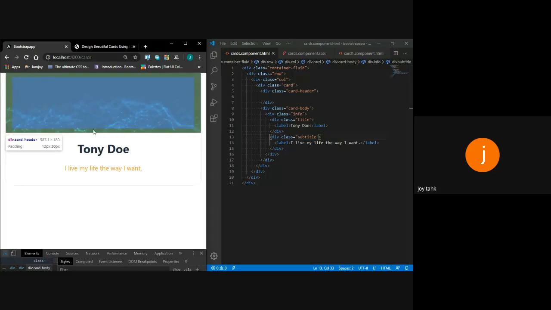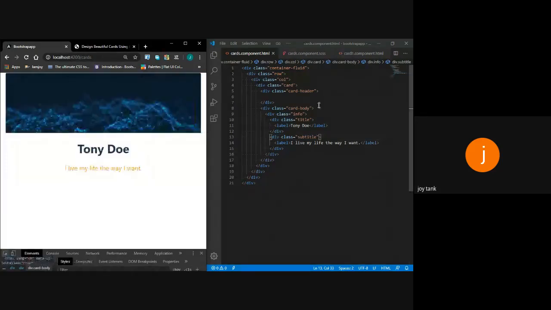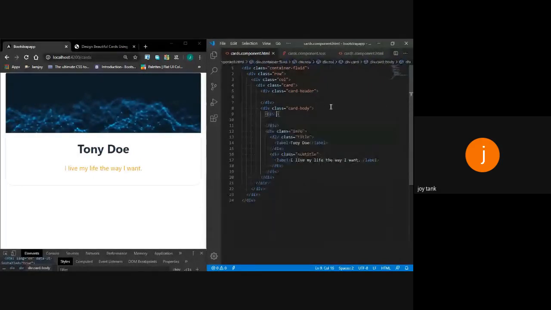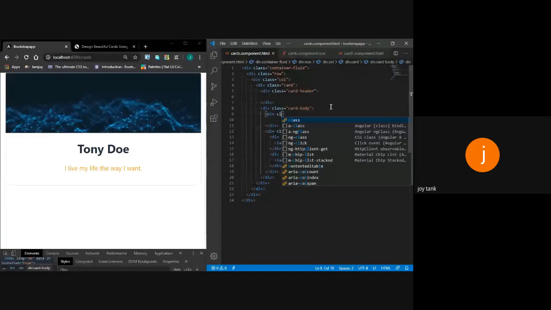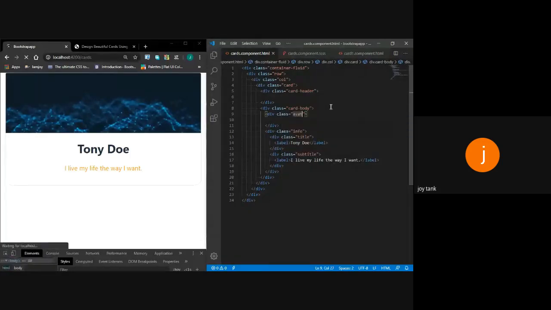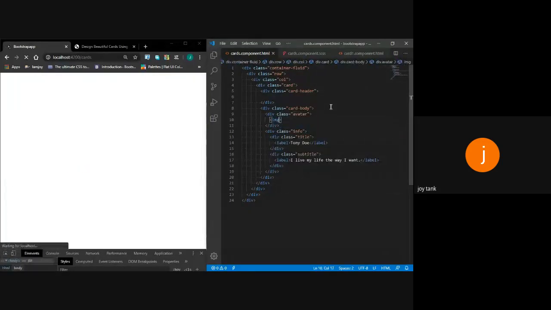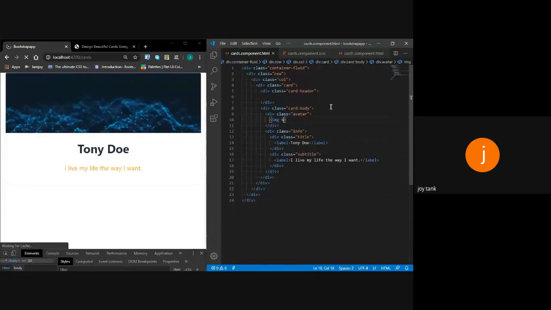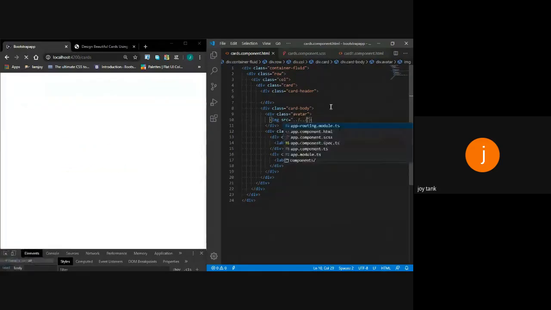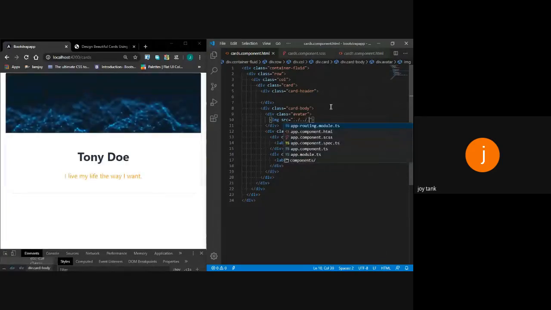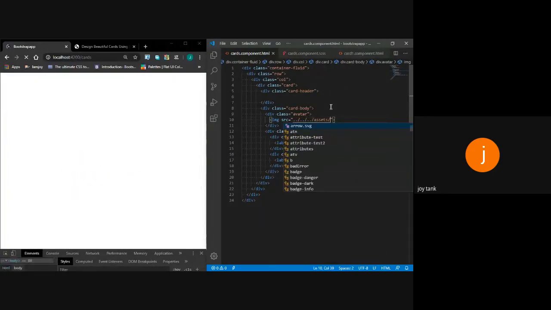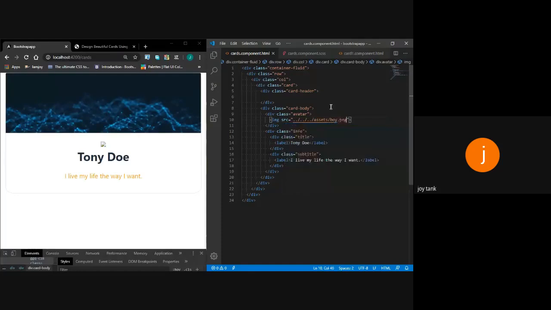So I will go in the body and create a container. Within that container, I will assign an avatar class. Within that avatar class, I will use an image tag. With the image tag, I will use the src property to import the image from my asset folder. That image name is .png.